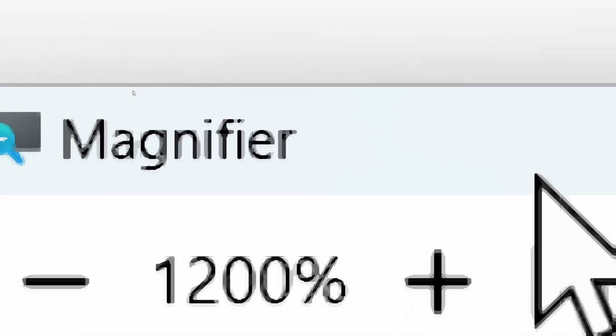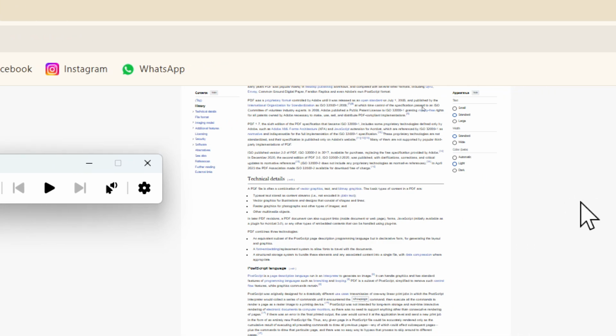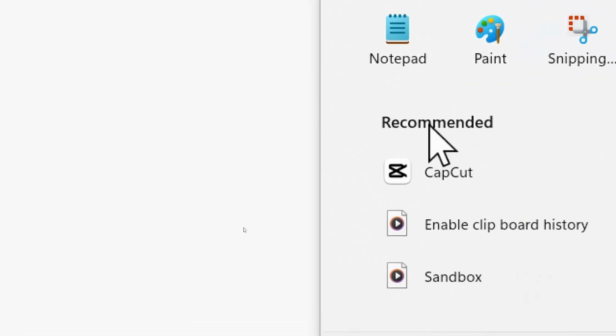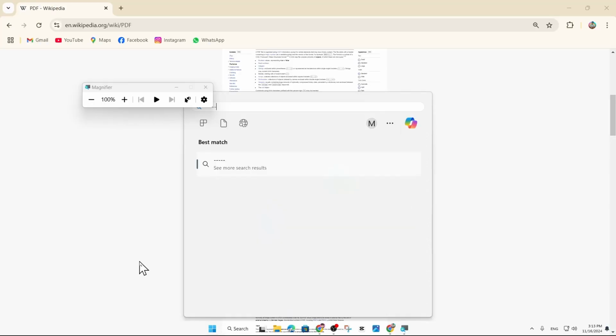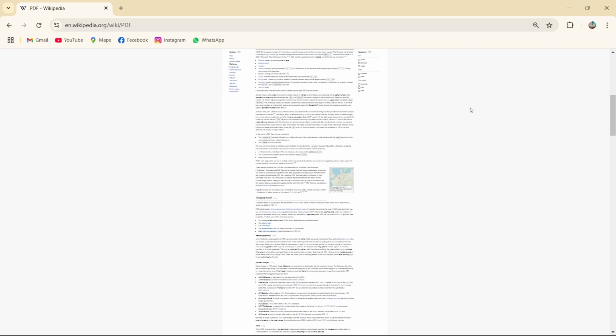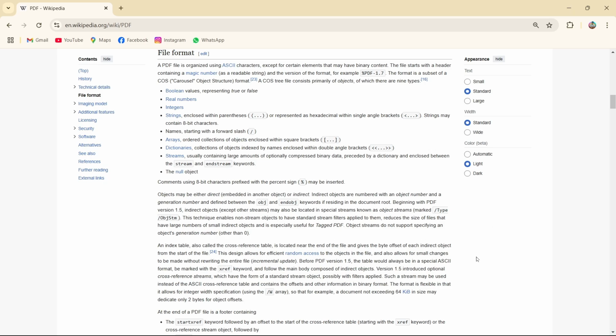But if you just look somewhere back, you can see this is how you can use it. You can simply check it if you want. If you press the minus button, it will zoom out like this. If you just close it, and now if you just press the control over here,